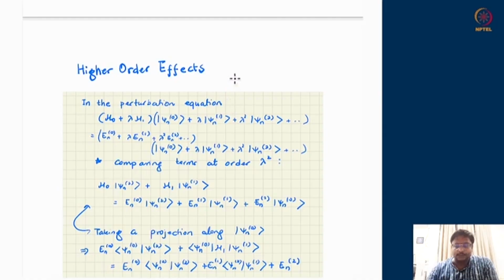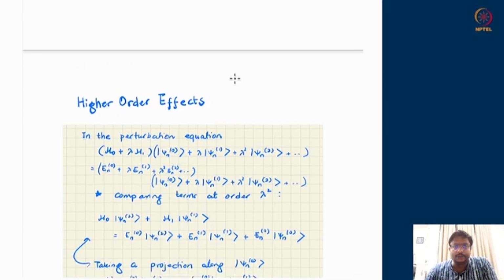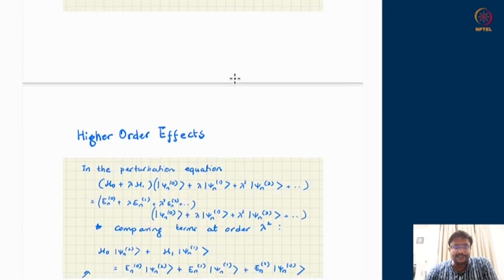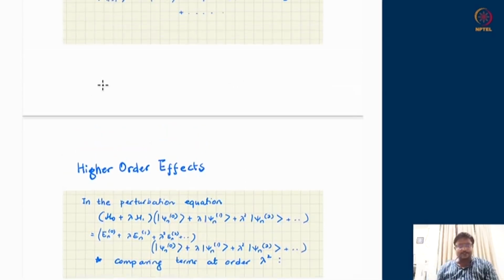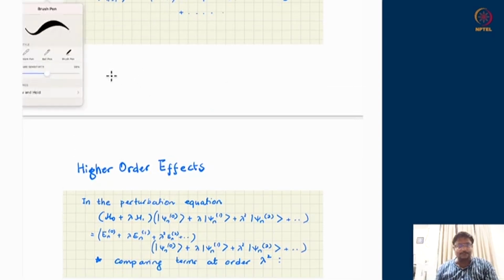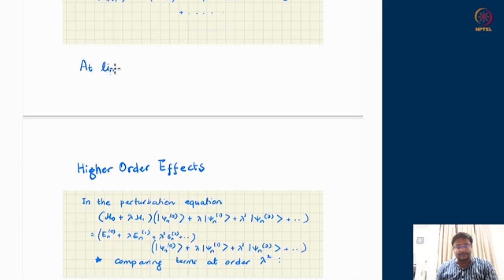So in this discussion session, we will move our discussion from linear order perturbation effects to higher order effects. As we recall, in the previous discussions, we have learned how to compute first order effects, and ultimately, let me just write down the expression for you here so that we could reflect upon what we have learned. At linear order of the perturbation parameter, at linear order of lambda, we have learned that the first order correction